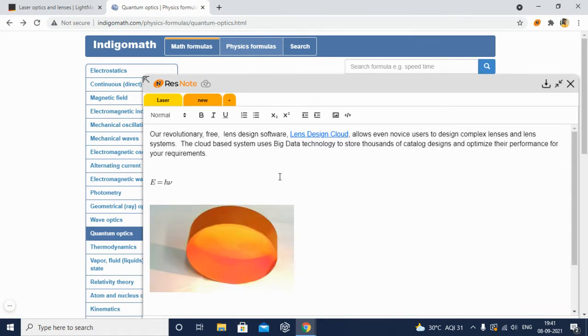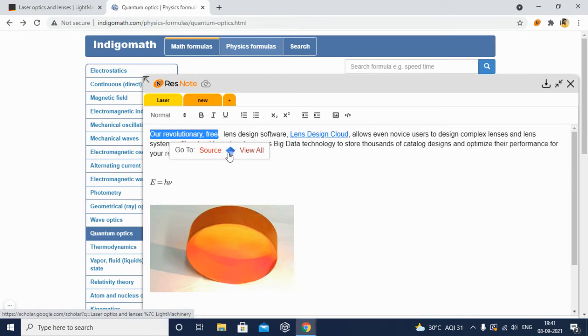That's the magic part. Unlike any other applications or editors like Google Docs or Microsoft Word, if you select a particular information, it will give you all this option of sources, Google Scholar link, and view all. From these two, you can go back to the original source and the Google Scholar source of the information. And by clicking on this view all icon, you can simply see what are the information coming from a particular